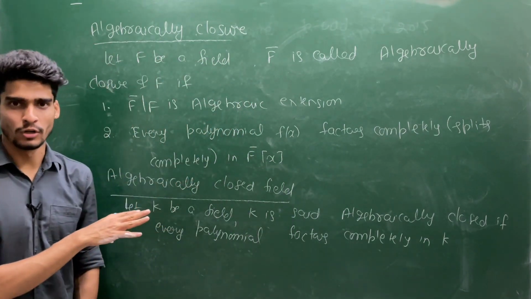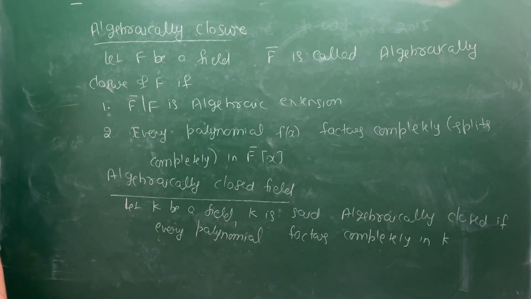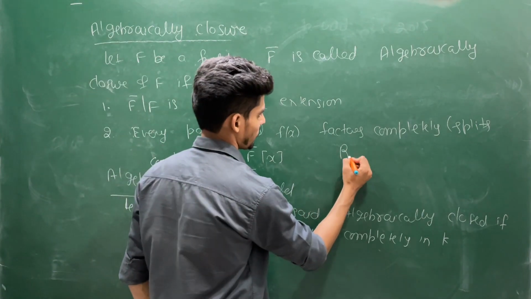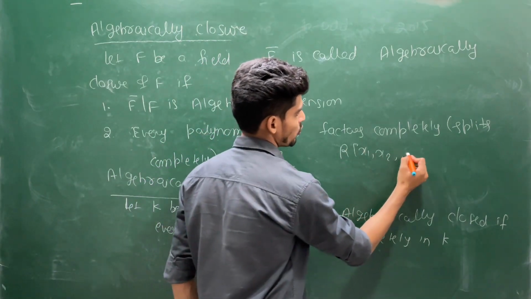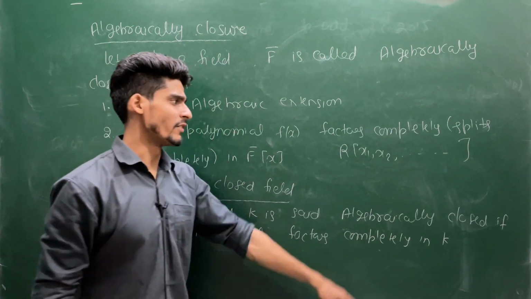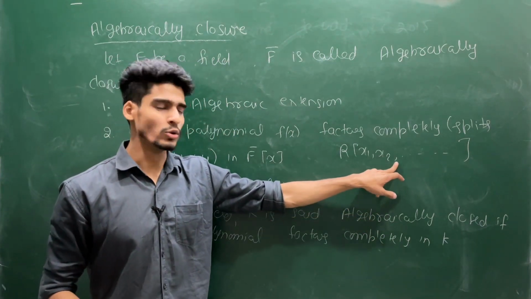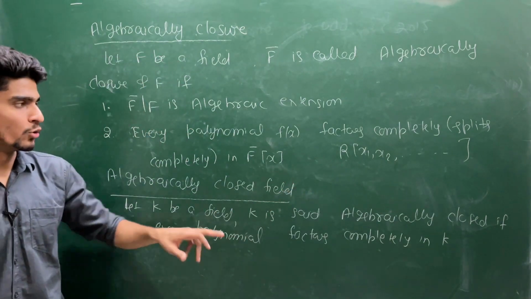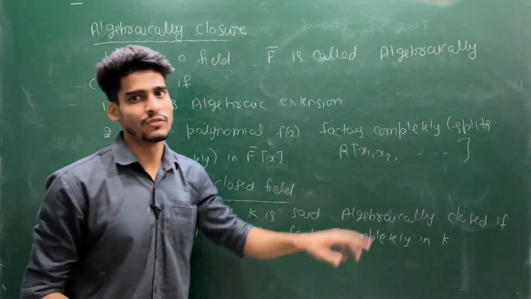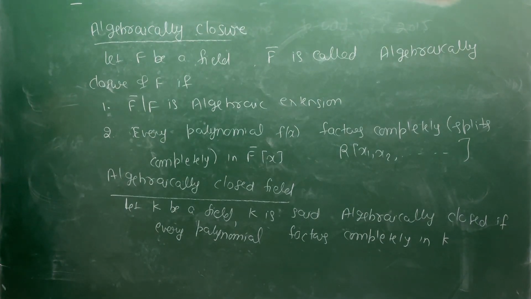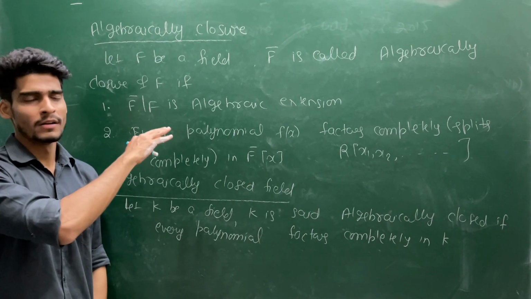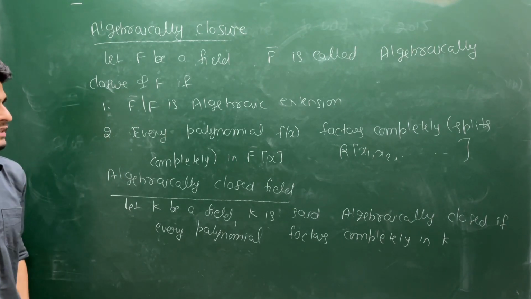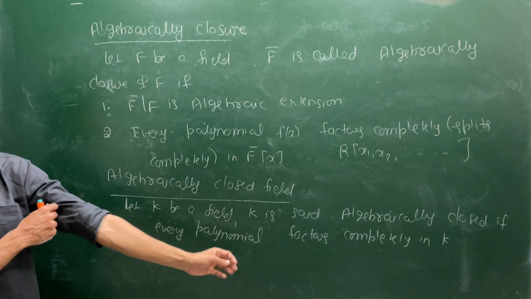So you should be aware of Zorn's lemma, and you should be aware of how to construct a ring in infinitely many variables, that means x1, x2 and so on. I have given an introduction to this ring in the last lecture. But the proof you can understand only if you are comfortable with this ring as well as with Zorn's lemma. And the proof is not so important from the exam point of view.